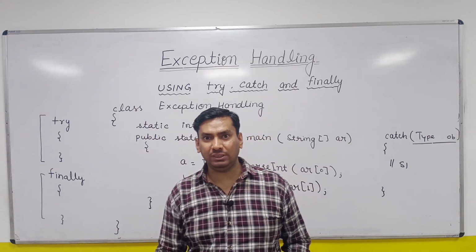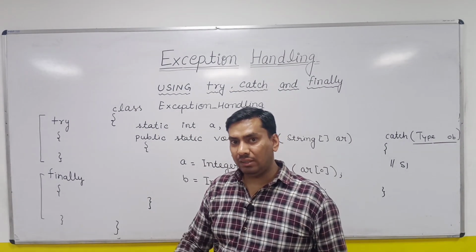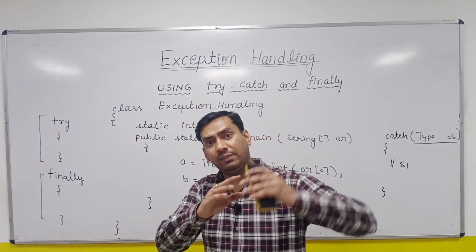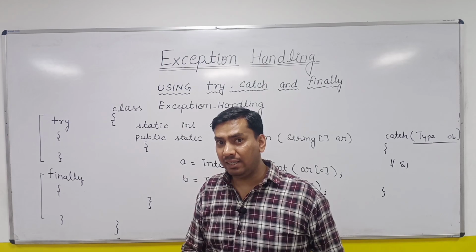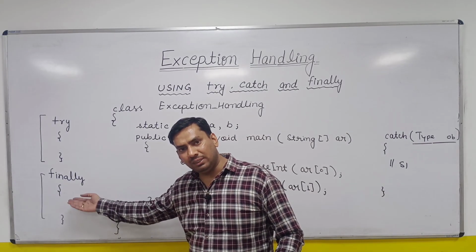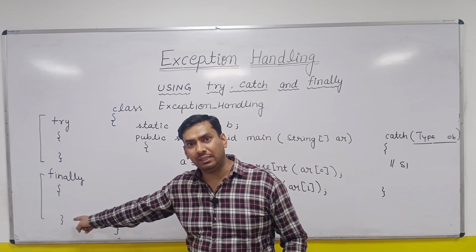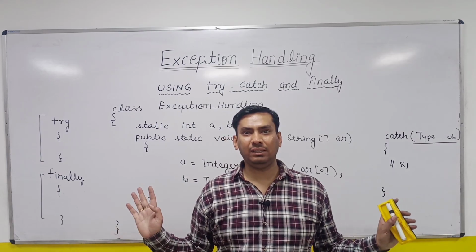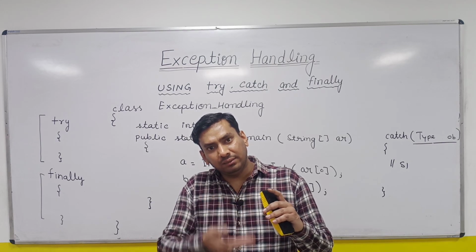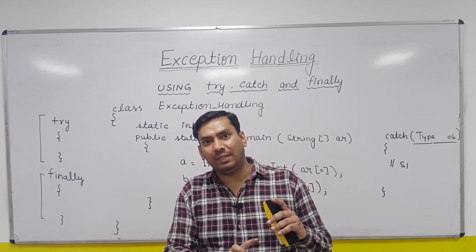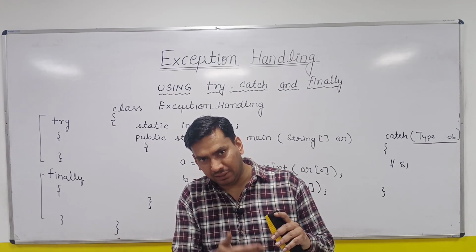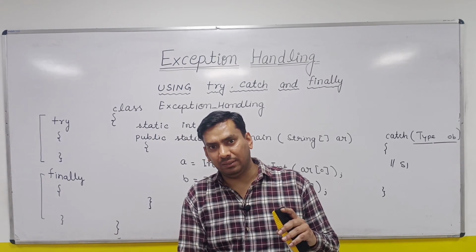That's why there is another question related to the finally block. Sometimes the interviewer can ask you, why don't you write every code inside the finally block, because you are saying that the finally block is always executed. So the answer remains the same. You are writing every code inside the finally block, and suppose some exception occurred in the finally block, all code will be lost. So the finally block will be executed fully only when there is no exception inside the finally block, right? If in the finally block you get some exception, it is not guaranteed to execute the code below it.